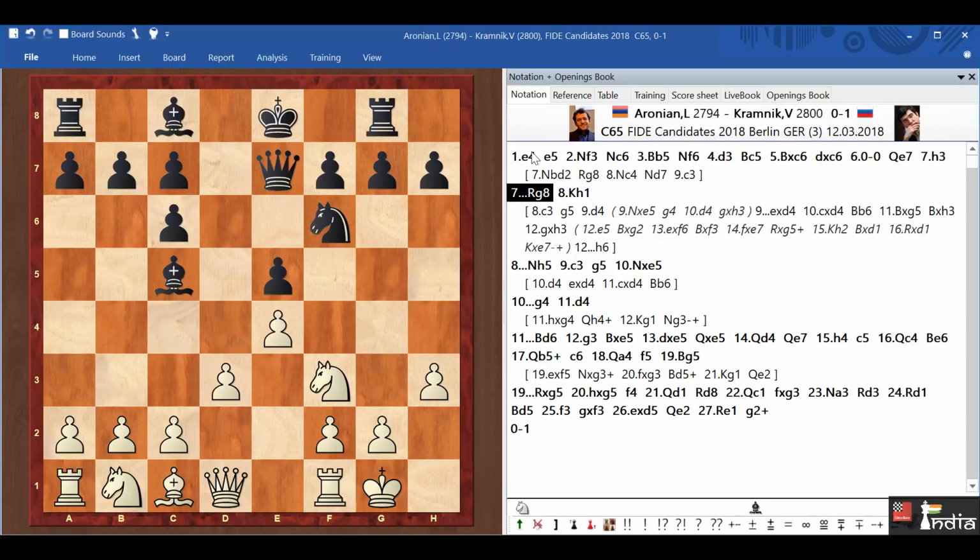move rook to g8. It looks completely unbelievable. If you're playing online, it could be understood that you wanted to castle short and actually got your rook on g8 instead of the king. But it turns out that this is a very logical move, because the pawn is on h3. You want to play g5, g4 and use it as a hook to open the king side, and the attack